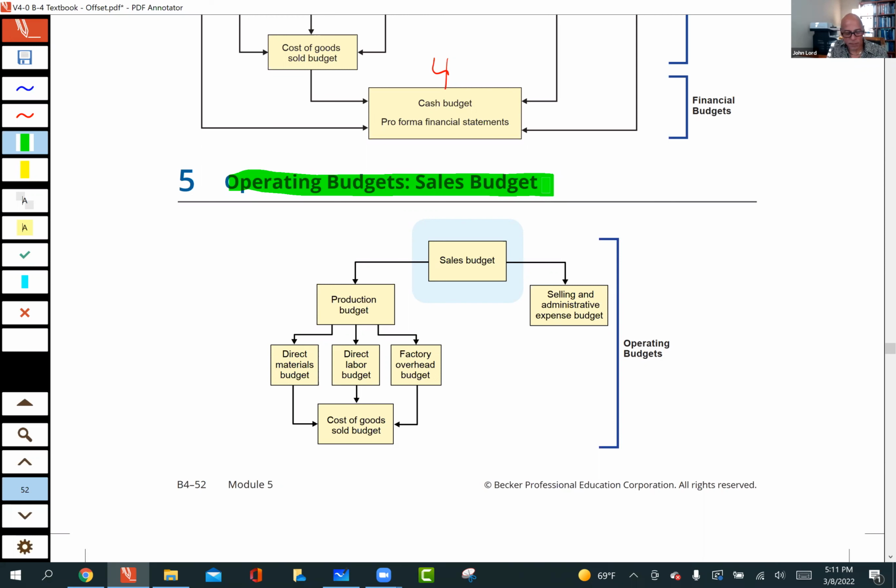And I don't have a lot of flashcards for you in this because a lot of it is reading comprehension. You simply have to read the directions of what they're saying. They collect the first year's sales, 80% in the year of sale and 20% in the year after sale. Here's the information. What will they collect, say, in that second month?